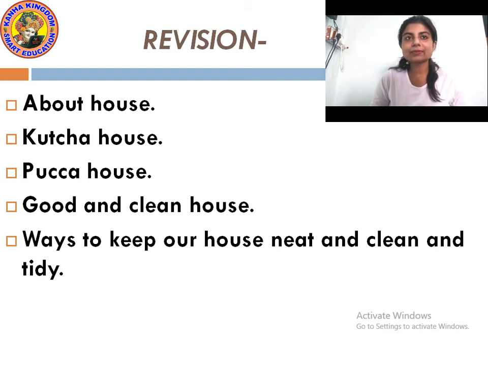Then there are houses on stilts, built on pillars where there is heavy rain and constant flood. The areas where there is heavy rain and constant flood, they build houses on stilts. Stilts means long pillars. Then the bamboo house is also a type of stilt house. It is also built on pillars of bamboo. Understood?